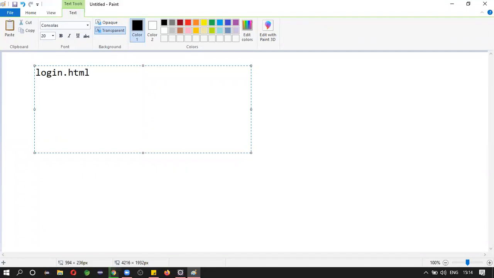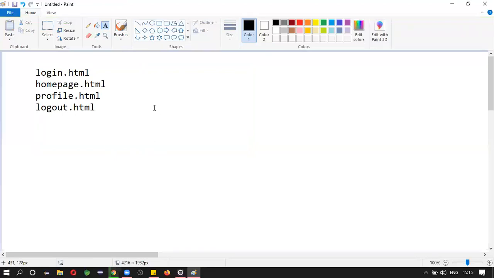Now create the home page on your own, homepage.html. Next, profile.html, and logout.html. Just create these pages: login, homepage, profile, logout.